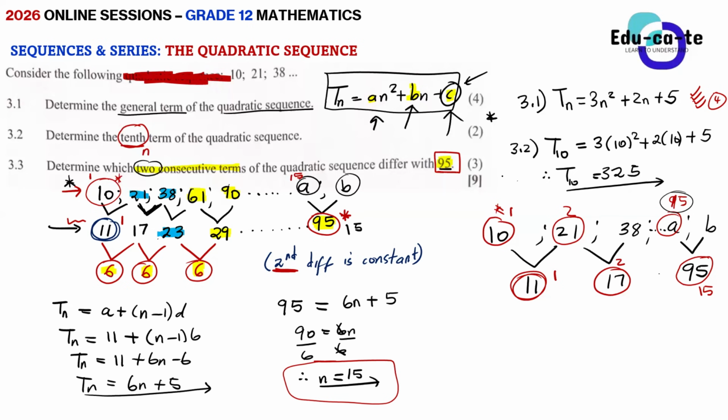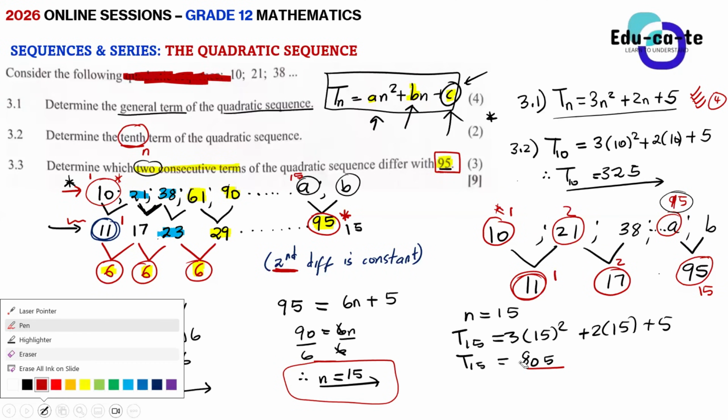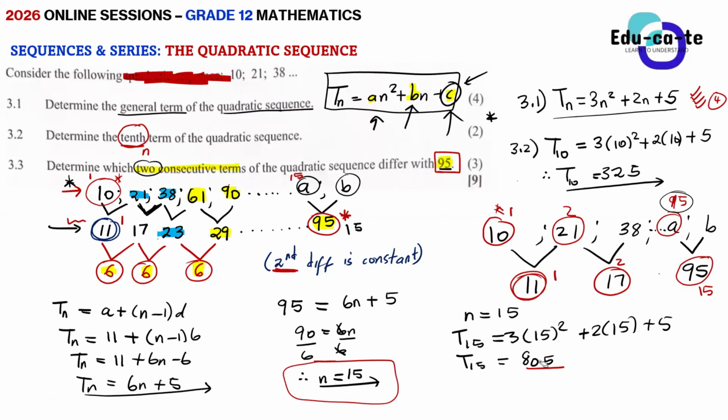Now we know that N is equal to 15. I go back to my general quadratic formula. I want to find the value when N is equal to 15. So that is 3 times 15 squared, substituting into the quadratic formula, plus 2 times 15 plus 5. Punch it in the calculator quickly for me, please. Okay, 710. Yes, sir. All right, so 710.